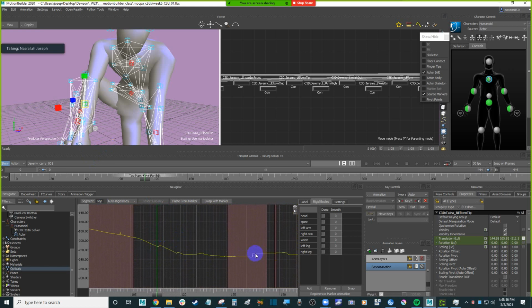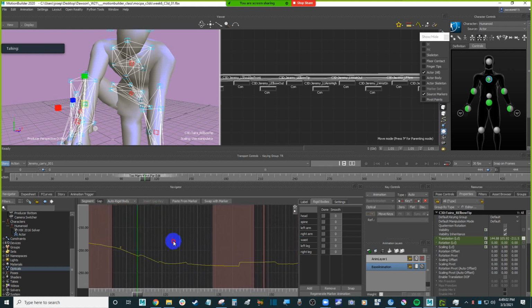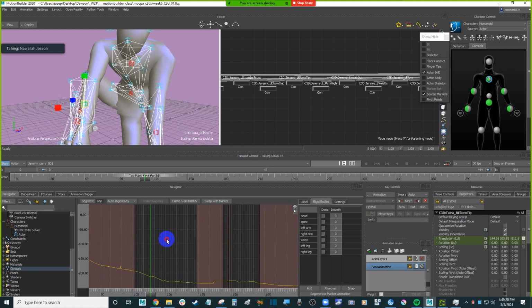These weird spikes, like here, these spikes. This is what's causing the bad movement on the arm, or any body part. So the representation here is what you see: the markers have what we call